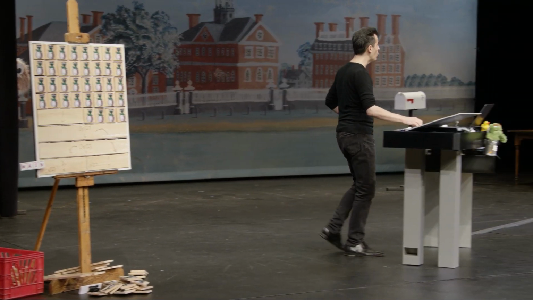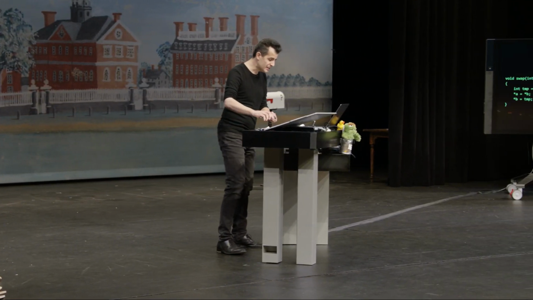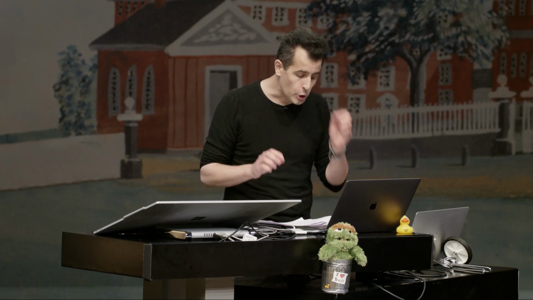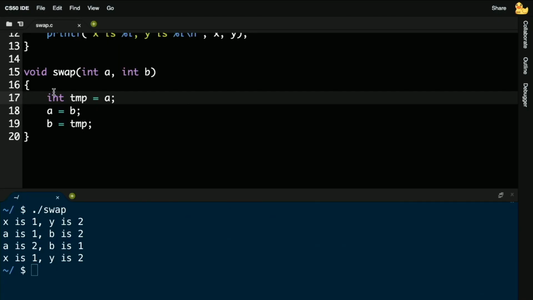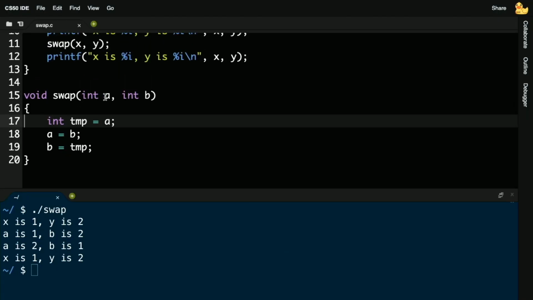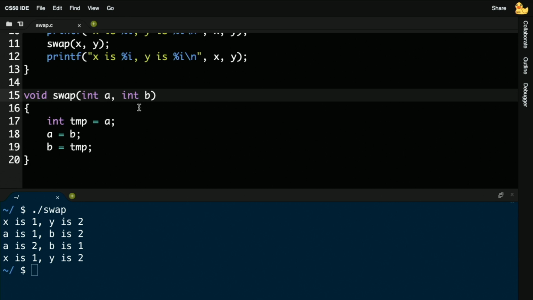Now, even though this code is going to look a little cryptic, it's frankly just an application of the logic we've seen thus far. I'm going to go back to my old buggy version, and change the definition of swap to say that it doesn't take 2 integers, a and b, but 2 pointers to integers, a and b. And the way you declare a pointer, recall, is the type of variable you point at, followed by a star, and then the name of it. And we haven't seen it, admittedly, in the context of a function taking parameters yet, but it's quite simply that.